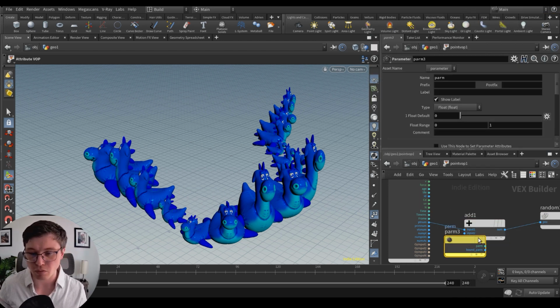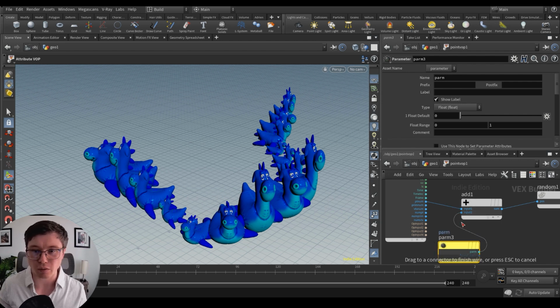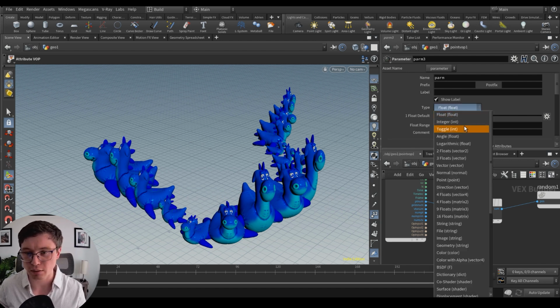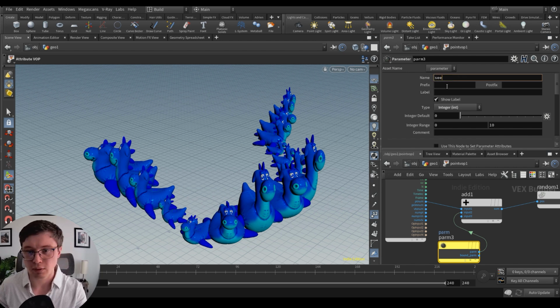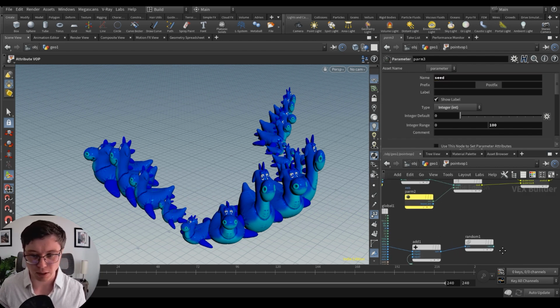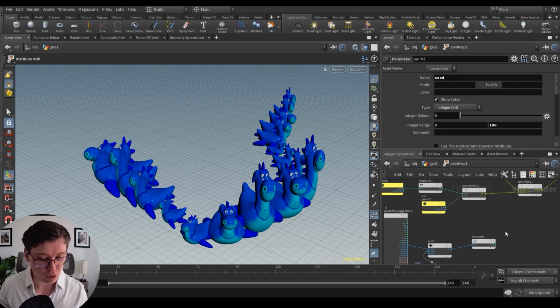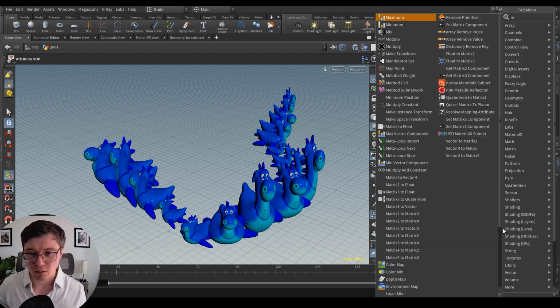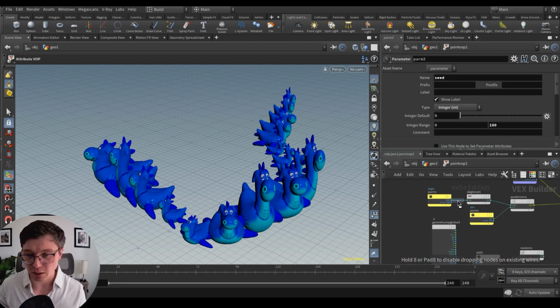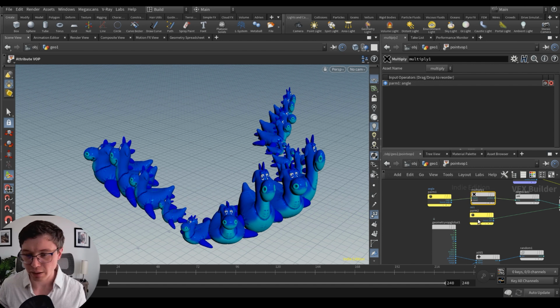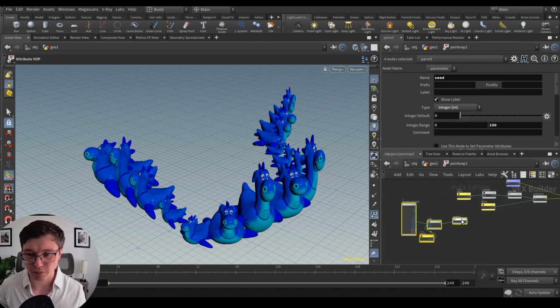And let's multiply the initial value of this angle by these guys right here.